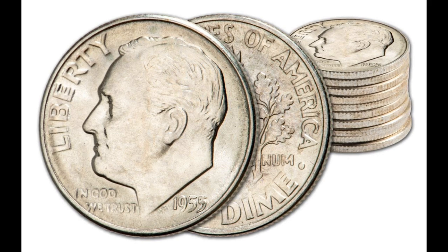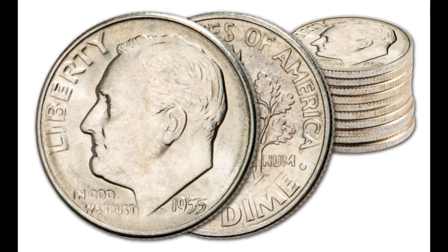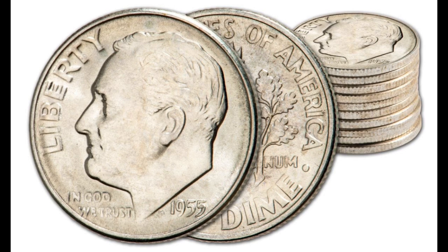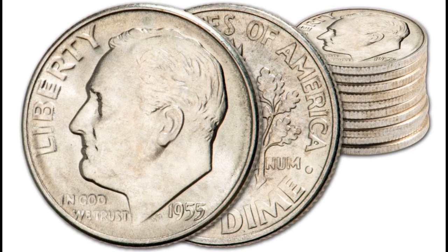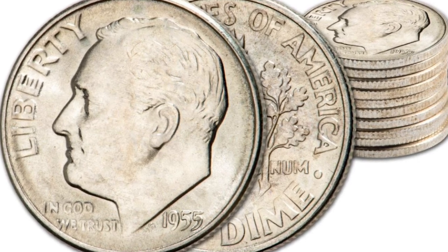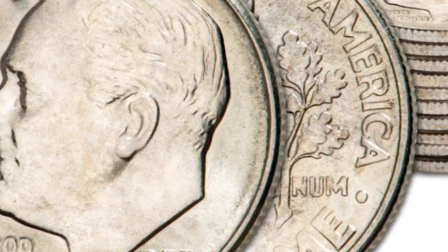And as we conclude this exploration, we encourage you to remember that no matter where you are on your collecting path, there's always the exciting possibility of stumbling upon your very own 1955 one dime, a coin that not only shines brightly in value but stands testament to the magic that lies within the world of coin collecting. In this ever-evolving landscape, each coin becomes a chapter in a larger narrative, waiting for those adventurous souls willing to uncover its treasures, whether as a lifelong investment or simply for the